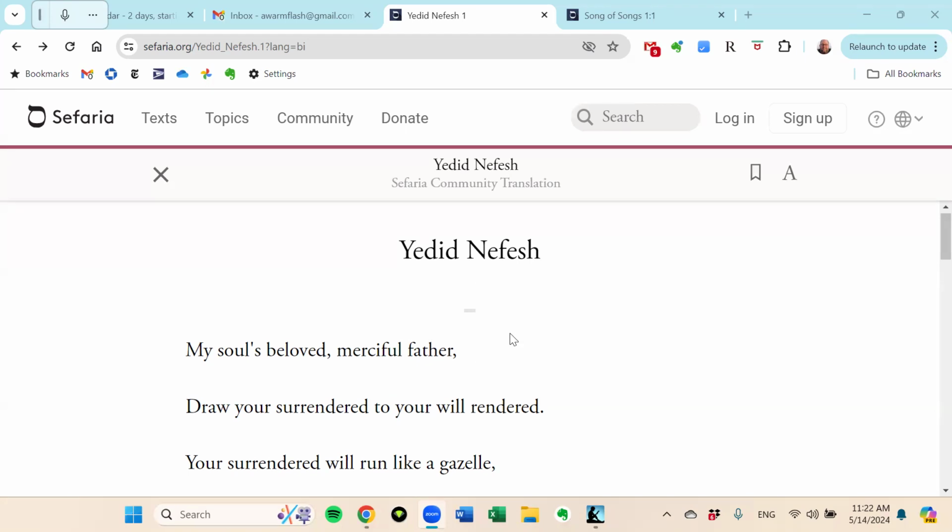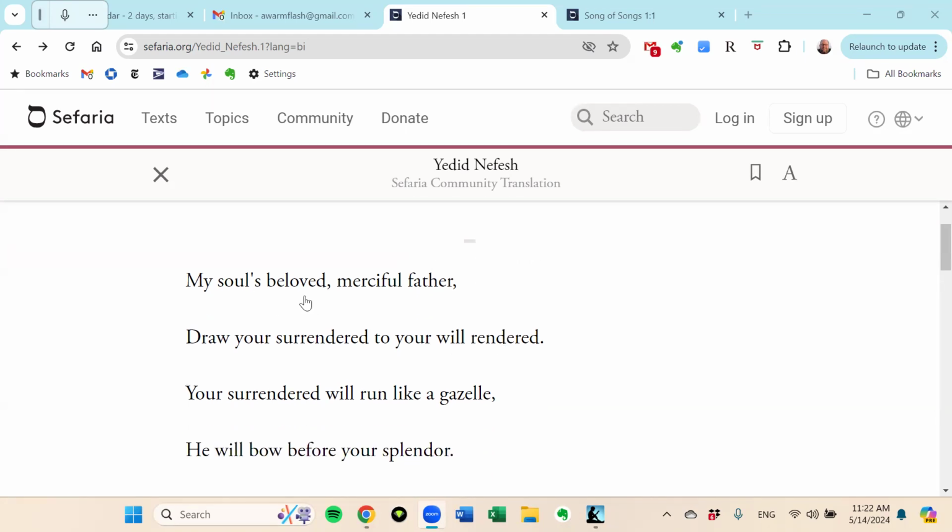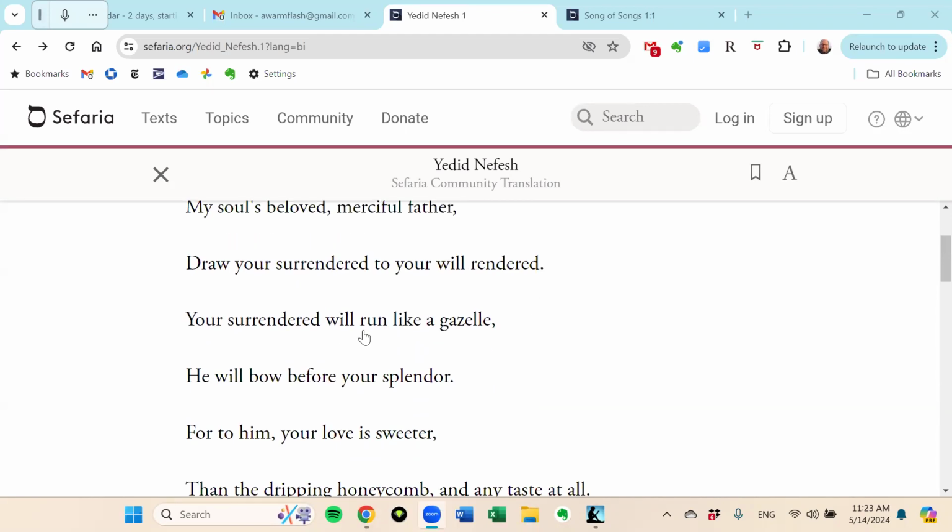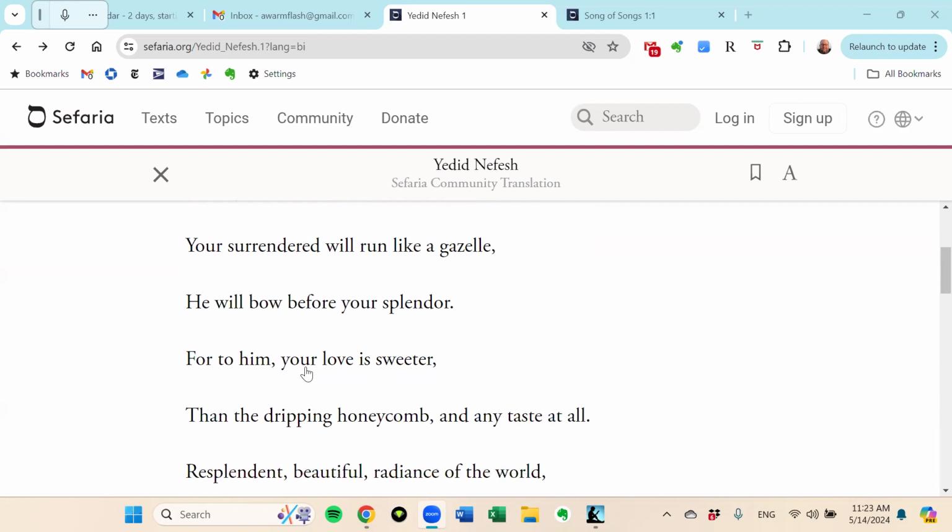and it's addressed to God, who is called Beloved of my soul. This is unfortunately an attempt to turn it into a rhyme as poetry, so it's not so literal, but I think you get a sense. My soul's beloved, merciful Father, draw your servant to your will. Your servant will run like a gazelle. This gazelle image comes from the Song of Songs. He will bow before your splendor, for to him your love is sweeter than dripping honeycomb and any taste at all. This is a poem of longing for God, and it uses imagery of love,